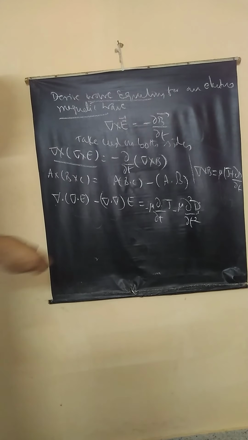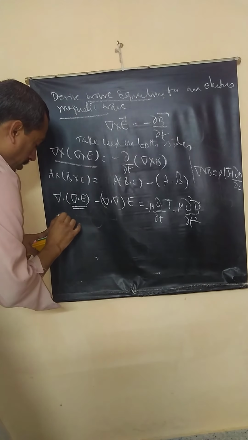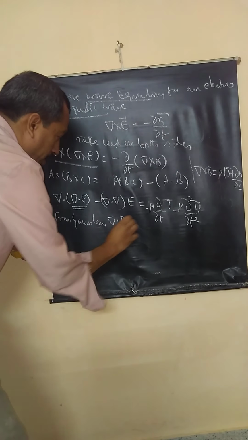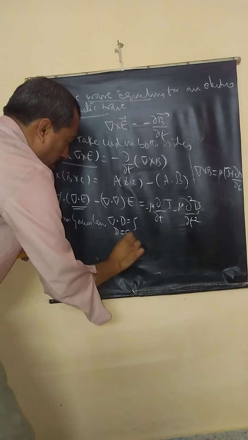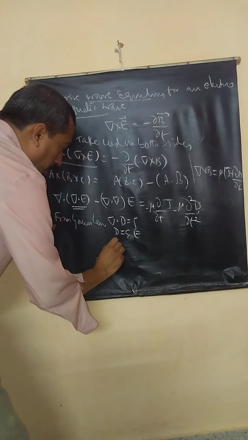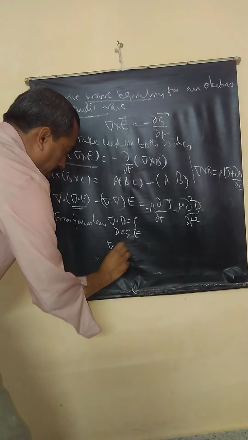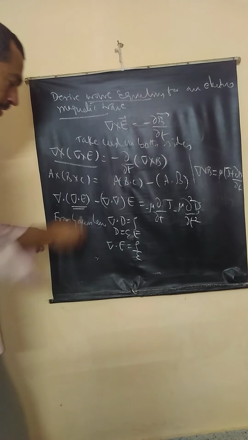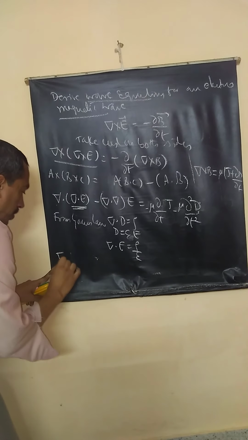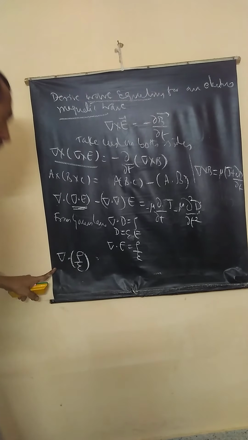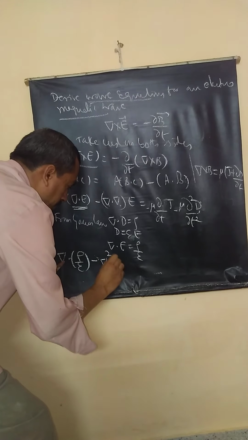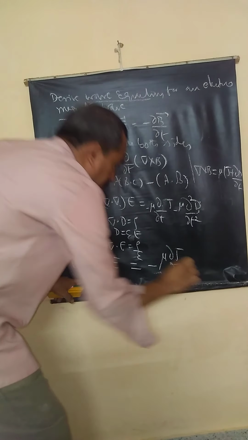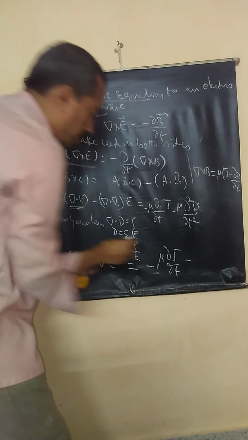Now from Gauss's law, the differential form, we have shown del dot D is equal to rho, or D is epsilon naught epsilon E, epsilon into E, so I can write del dot E is equal to rho by epsilon, correct? Epsilon is taken to this side. So here I will substitute this: del of rho by epsilon. This is del squared E, correct? Is equal to minus mu ∂J/∂t minus of,